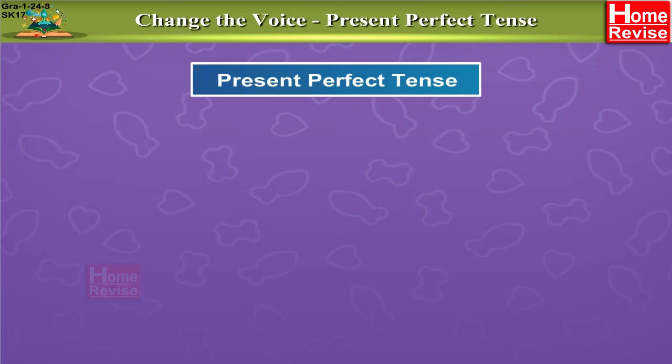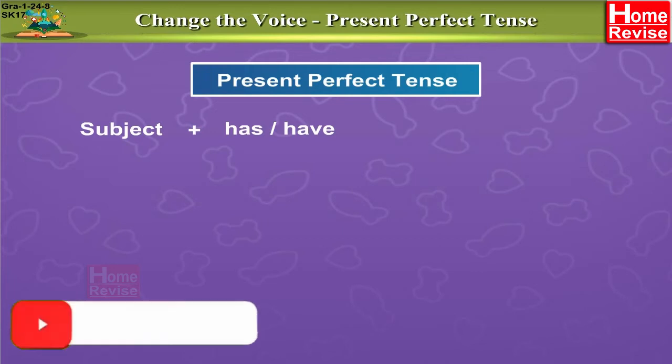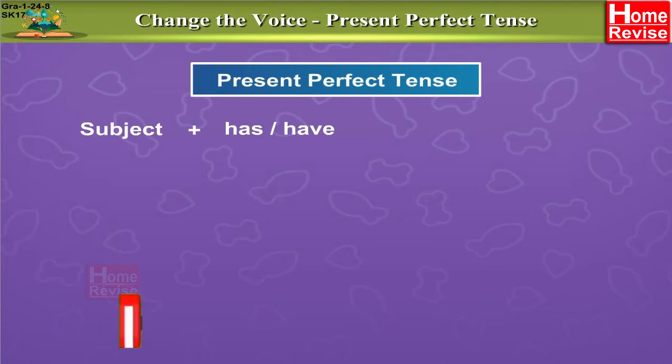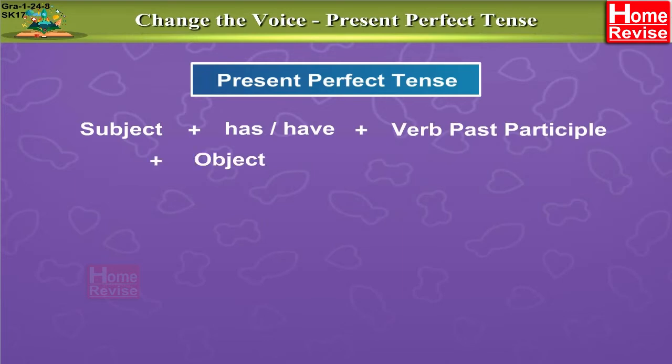How to change voice of the sentences in the present perfect tense. Well, to begin with, let's understand the word order of the present perfect tense. In active voice, as usual, the sentence begins with the subject, which is followed by has or have. Has or have denote present perfect tense. It is followed by the past participle form of the verb, which is followed by the object and then the